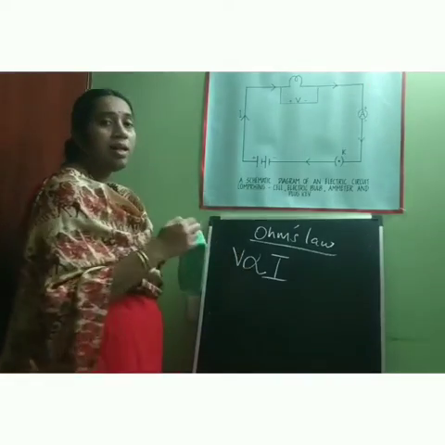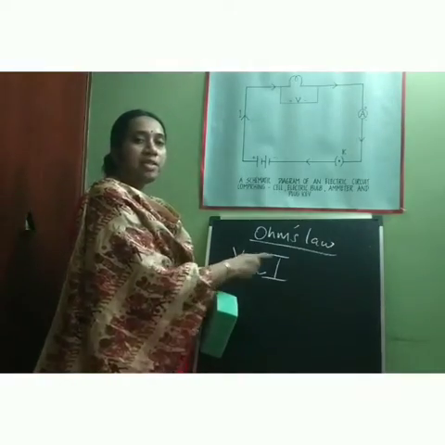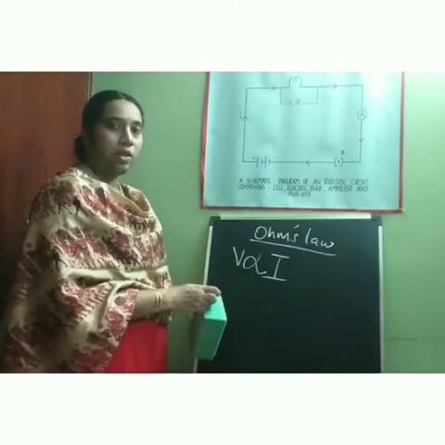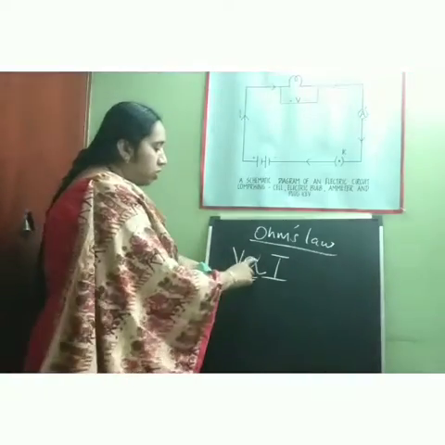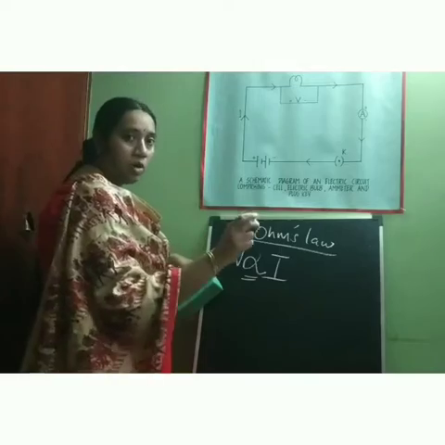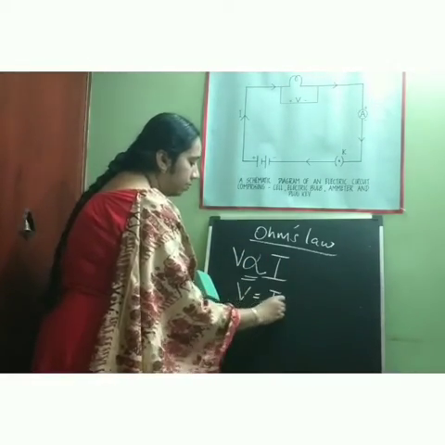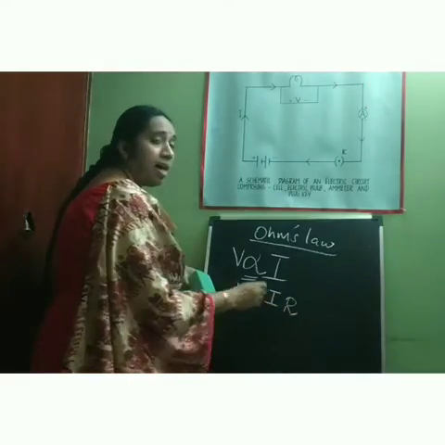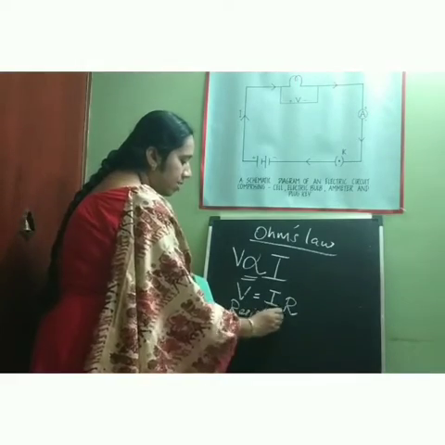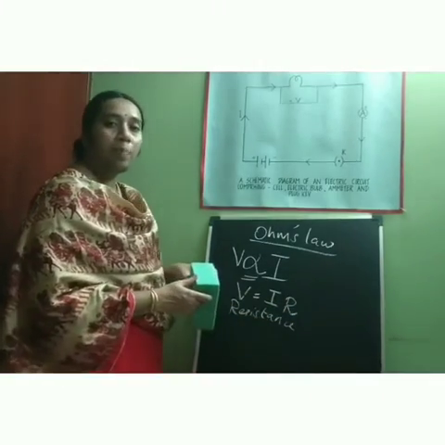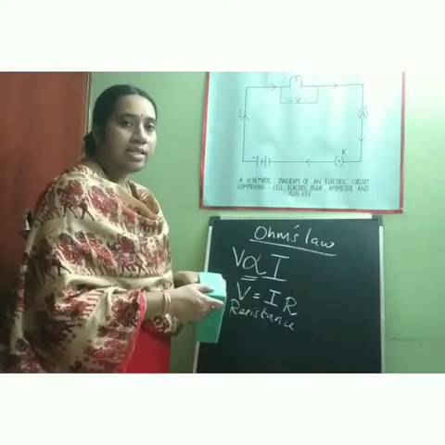Ohm is a scientist who gave a relationship between the potential difference and the electric current flowing inside the circuit. Already you know that if you want to remove any proportionality sign, you have to introduce a constant. So, I am introducing a constant called R. This R is nothing but resistance. So resistance is the property of the conductor that resists the flow of electric charges inside the conductor.